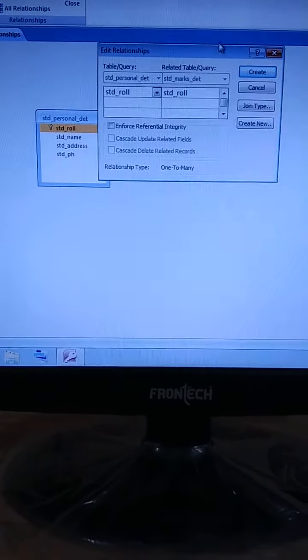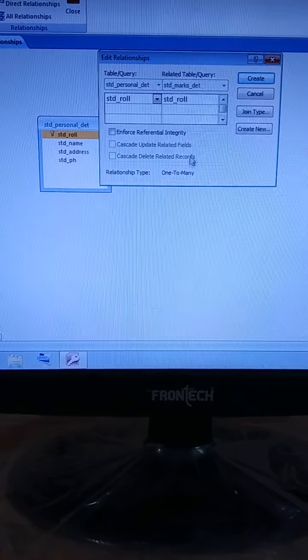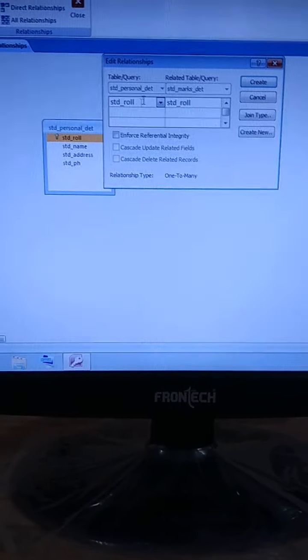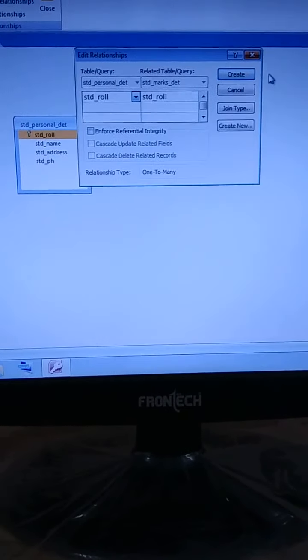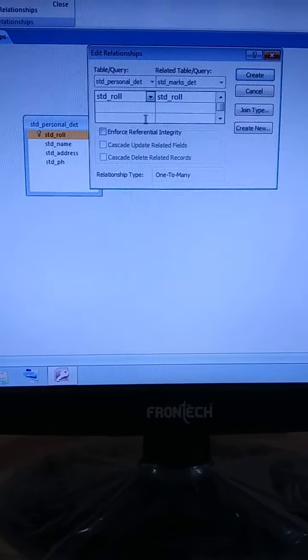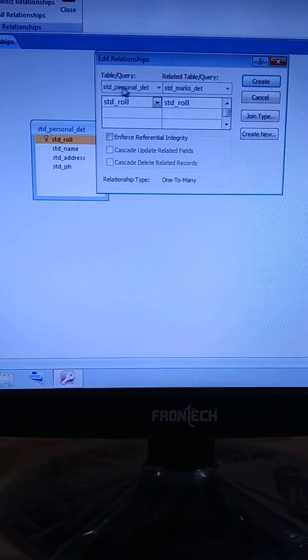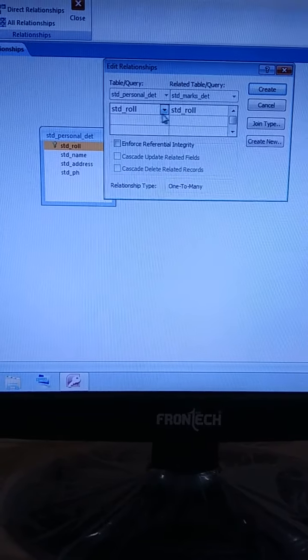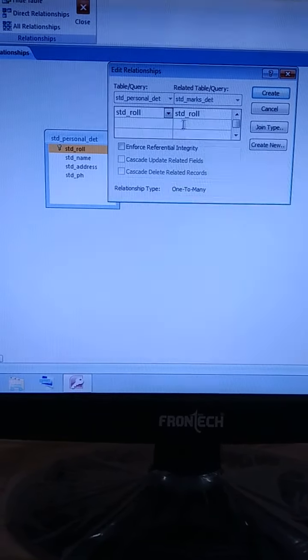Now whenever you release your mouse, an Edit Relationships dialog box is given. Now from here, see, student personal details STD roll number and student marks details STD roll number.